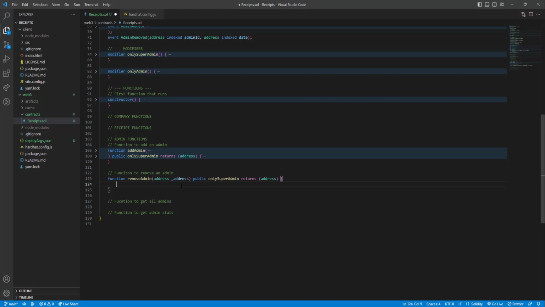Okay, now a couple of checks. So if a super admin is calling that, fine. If not, it's going to fail, right? But if it is a super admin calling that, let's do another check. Okay, requires something. We actually do two checks, right? The first check is whether that address,